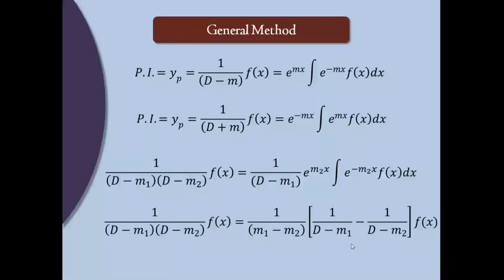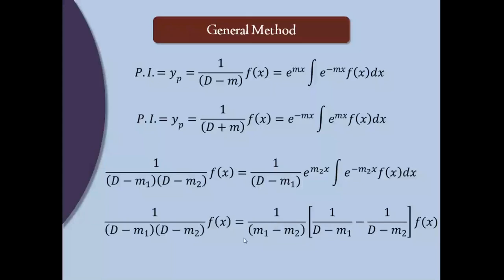Otherwise, we have to take a upon this minus b upon this, and then we have to find a and b. That becomes difficult. So this is the easy way by which we can do the partial fraction. Or you can remember this as a standard formula. Again, if you have three terms, again one by one apply the bracket and simplify, or use partial fraction for three terms. But generally in this general method, we have problems in which maximum two terms are there, product of two terms. So you can remember this.